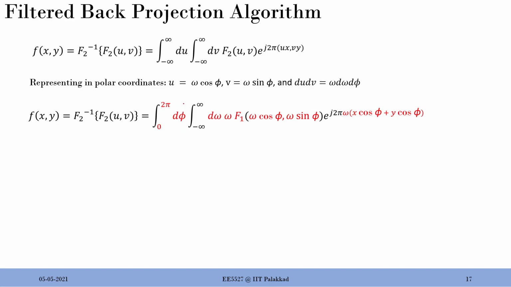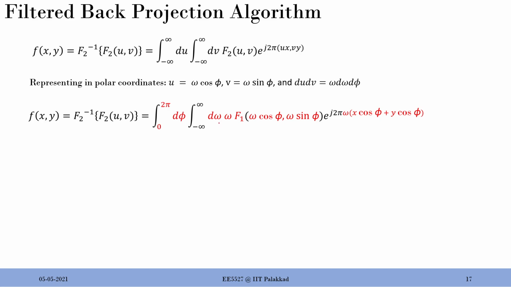So phi is varied in that. I have different slices going from 0, that is the horizontal line, then goes to the vertical line which is 90 degrees, then goes to the other direction which is 180 degrees, then again goes to 270 and comes back to 360, which is again 0, right? So phi is varied over different angles. Those are the Fourier slices I'm going to take. And omega is the frequency values, of course.